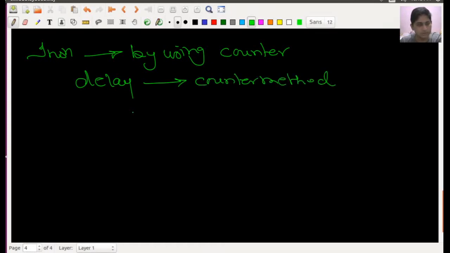Because if you are writing any instruction, for example, MVI C with one 8-bit data, for example 08H, the total amount of T states consumed by this instruction is, I hope you know, 7 T states.